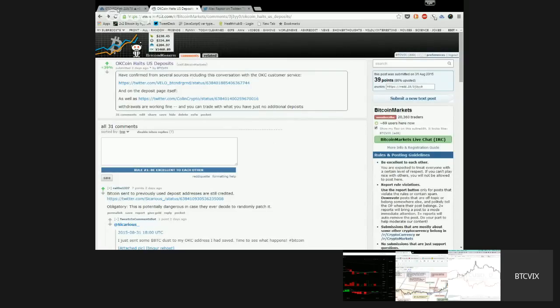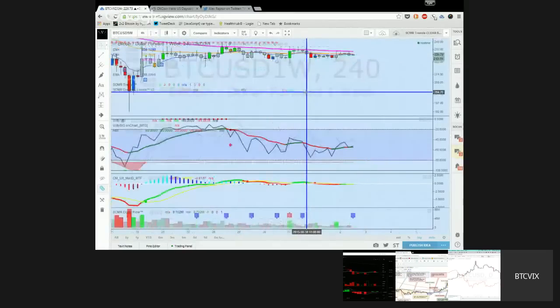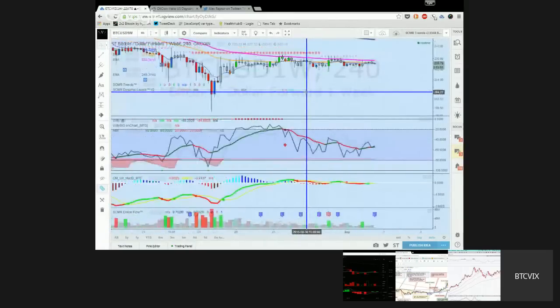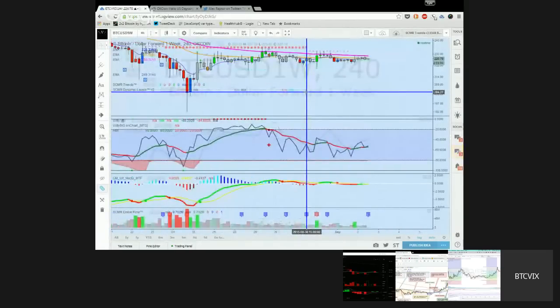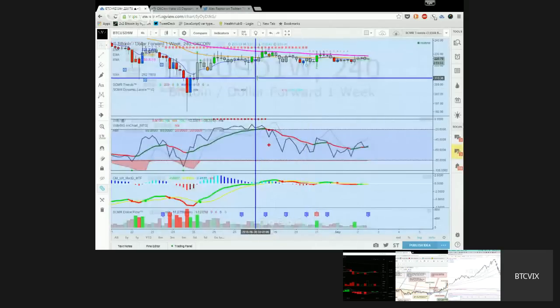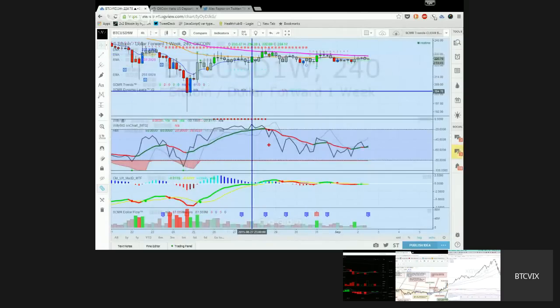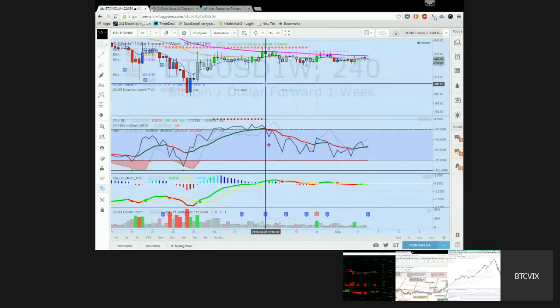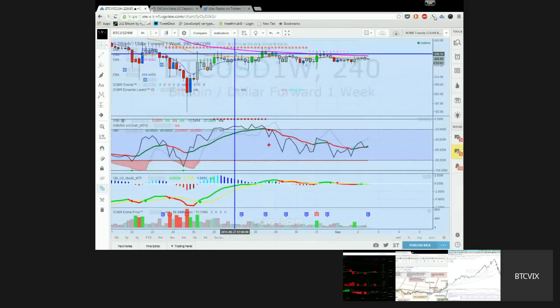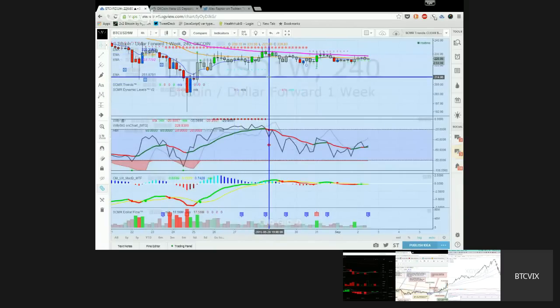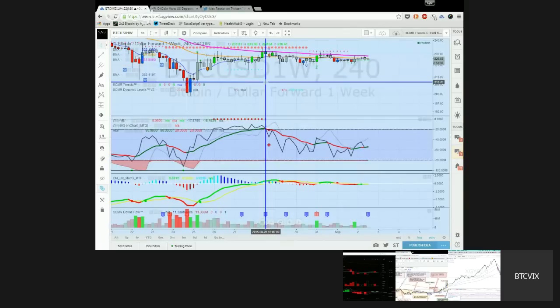I think kind of the joke, or maybe not the joke, but the concern is a lot of Bitfinex has been struggling from just a functionality side of things. They've had some database issues. They had the close button that, well, it means close your position, but it also means open in the opposite direction. So people have been leaving Bitfinex, but if you're US based, now it seems that OKCoin isn't as good of an option.